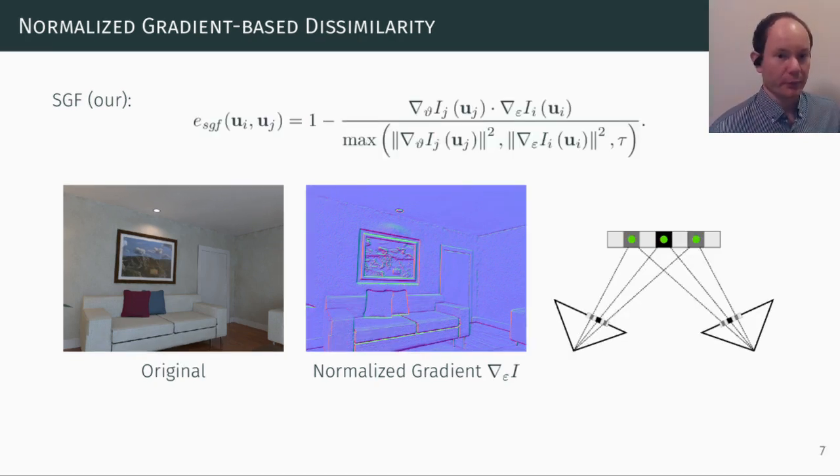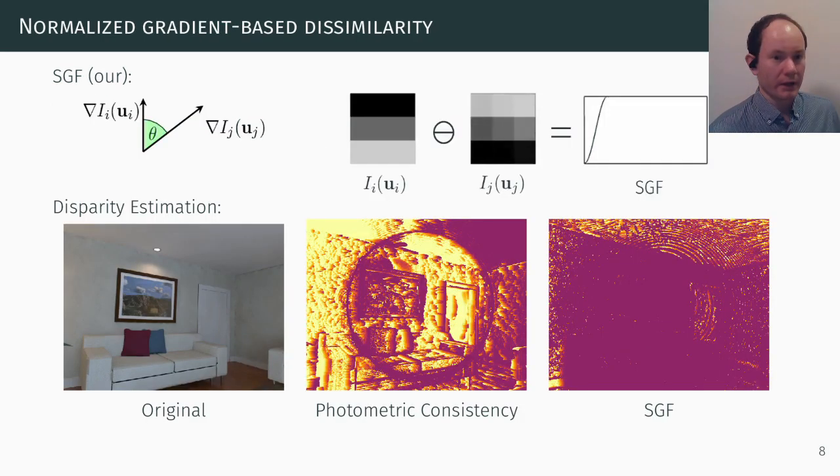Hence, we combine the dot product with a magnitude-dependent scaling term. Scaling with the maximum of the squared gradient norms ensures that gradients with similar magnitude and orientation will obtain a low score during minimization. If we now look back at our disparity estimation, we directly see a strong improvement over